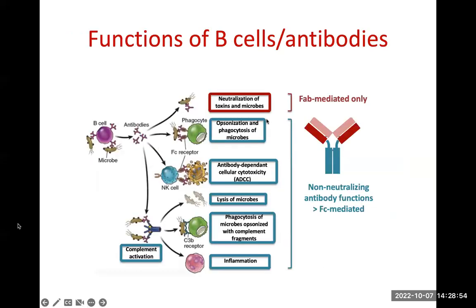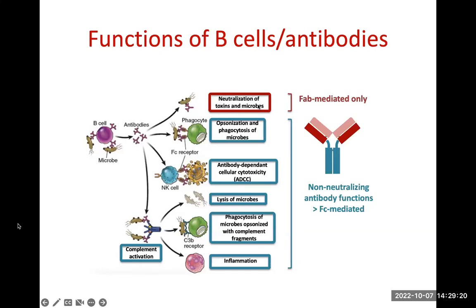Then the B cells. We saw that B cells also get activated at the end of the day. But once they get activated, what do they do? They produce antibodies. B cells that have been activated differentiate and acquire features that enable them to secrete antibodies. And those antibodies have various functions. For instance, there are those that